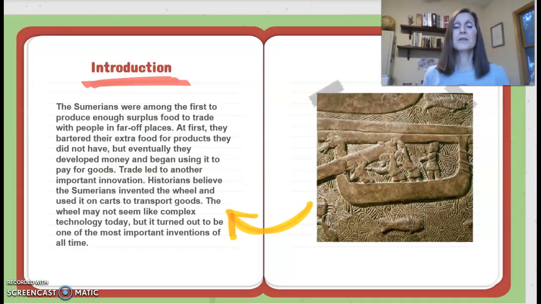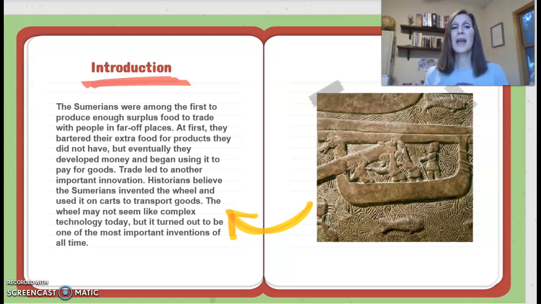Introduction. The Sumerians were among the first to produce enough surplus food to trade with people in far-off places. At first, they bartered their extra food for products they did not have, but eventually they developed money and began using it to pay for goods. Trade led to another important innovation. Historians believe the Sumerians invented the wheel and used it on carts to transport goods. The wheel may not seem like complex technology today, but it turned out to be one of the most important